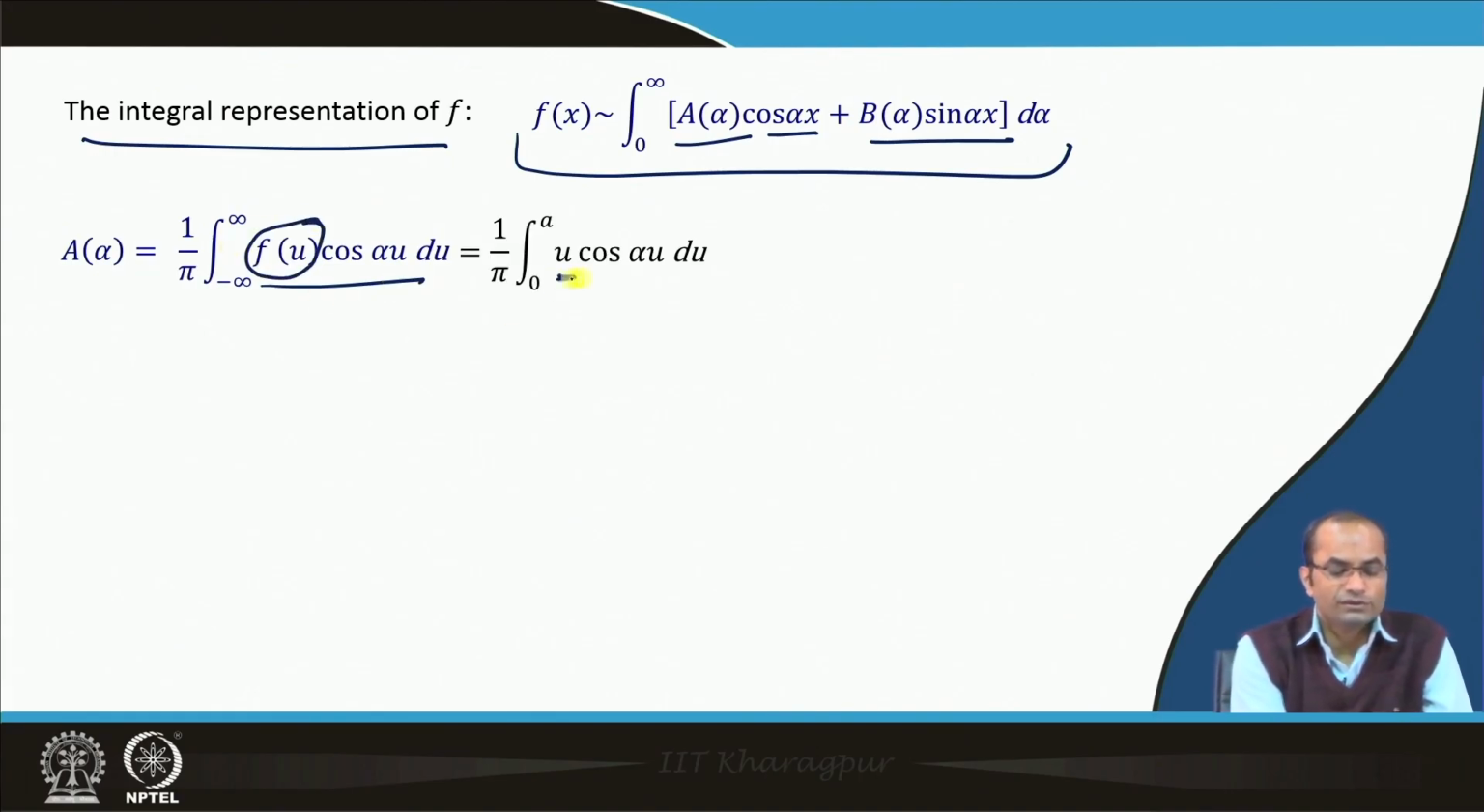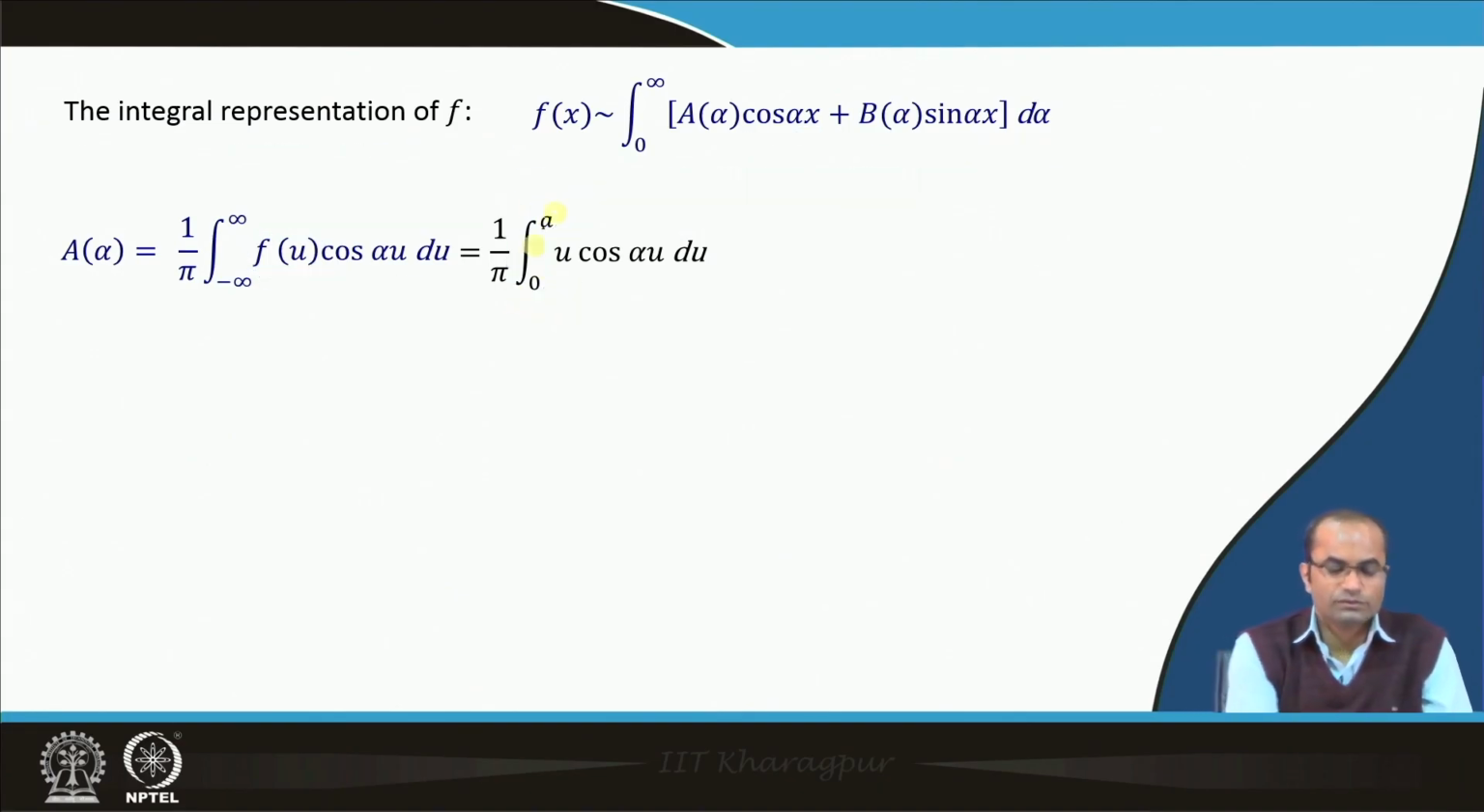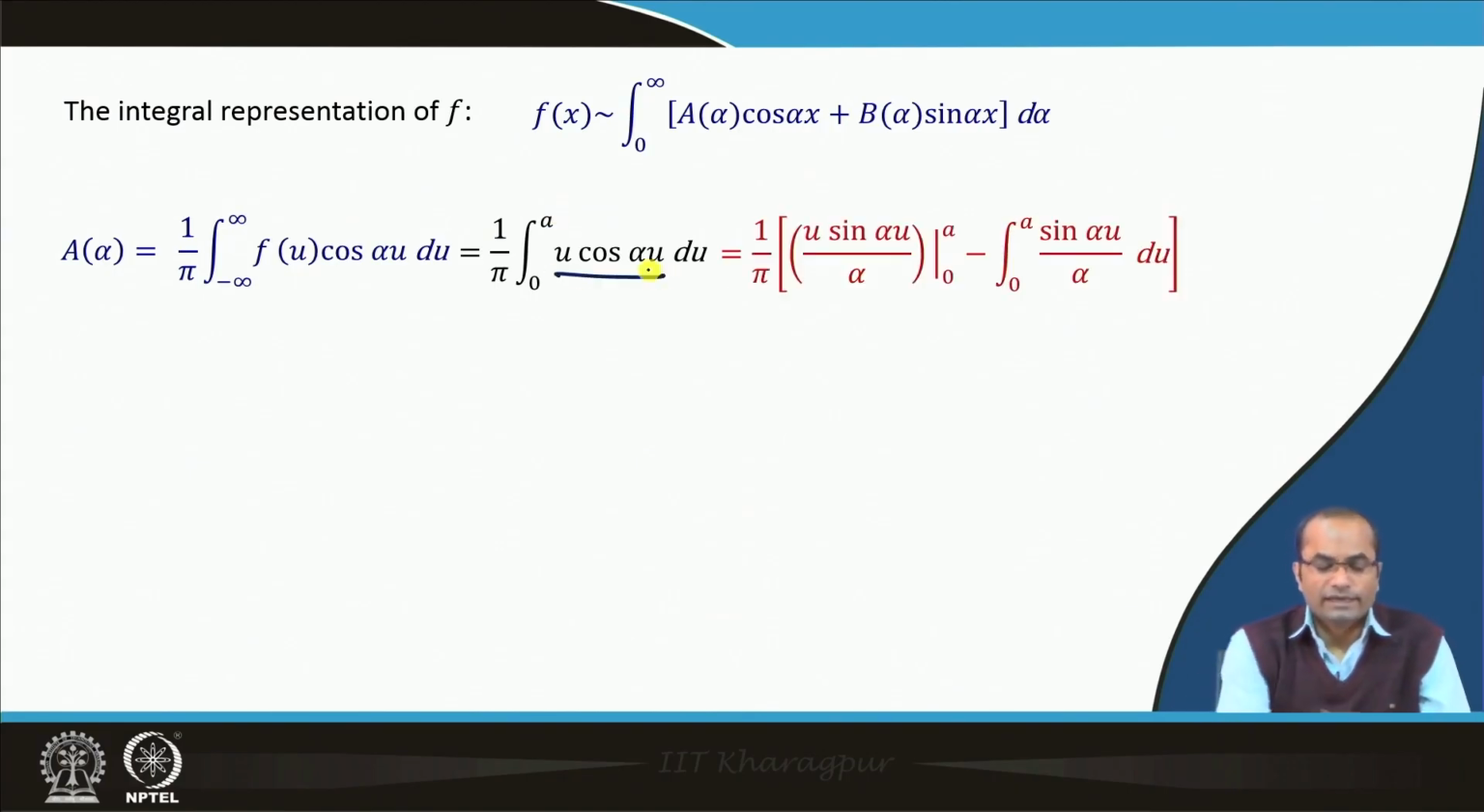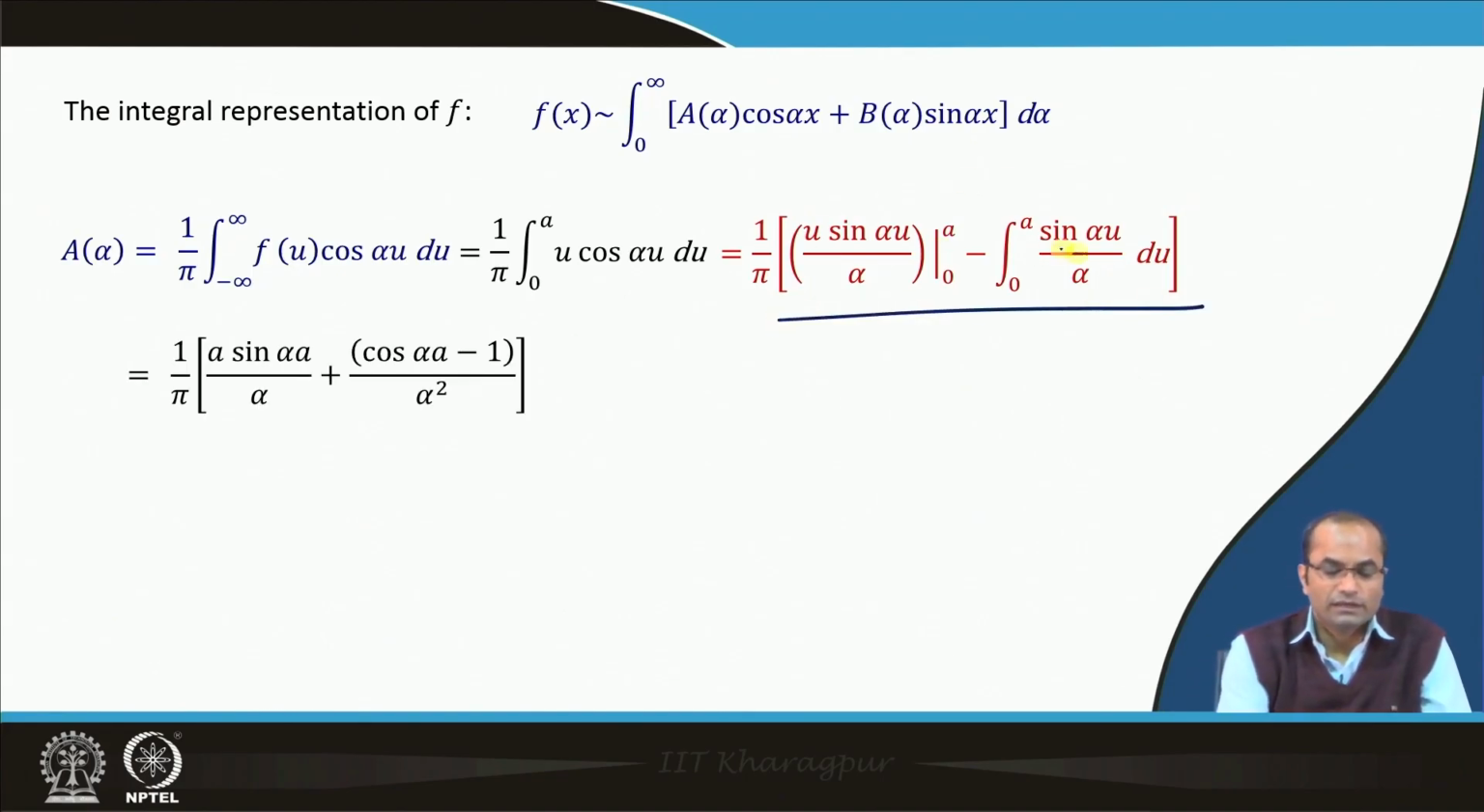So, f(u) is u in the range 0 to a. So, this integral reduces to the integral from 0 to a of u cos(alpha u), and that can now be integrated easily. So, we have u, and then the integral of cos is sin(alpha u) over alpha, and again here sin(alpha u) over alpha, and the derivative of u will be 1. So, integration by parts can easily be done here, and then substituting these limits and again doing this integral there,